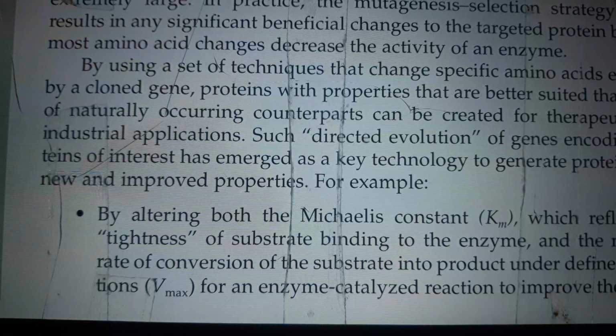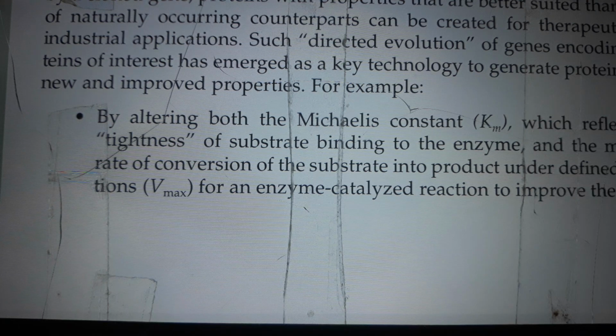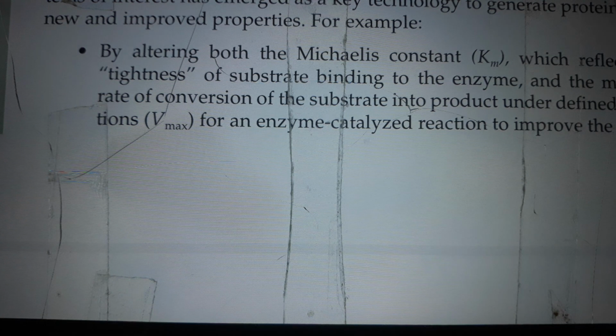By using a set of techniques that change specific amino acids encoded by a cloned gene, proteins with properties that are better suited than those of naturally occurring counterparts can be created for therapeutic and industrial applications. Such directed evolution of genes encoding proteins of interest has emerged as a key technology to generate proteins with new and improved properties. For example, by altering both the Michaelis constant Km, which reflects the tightness of substrate binding to the enzyme, and the maximal rate of conversion of the substrate into product under defined conditions, Vmax, for an enzyme-catalyzed reaction, to improve the overall